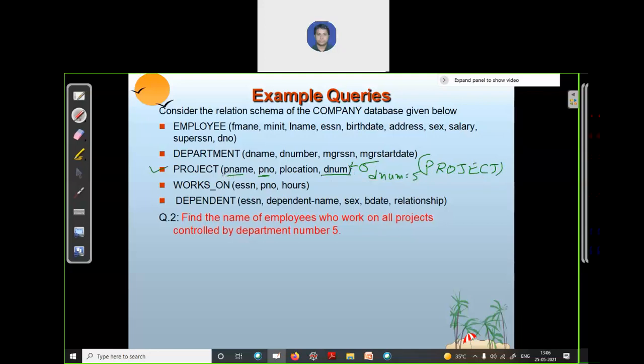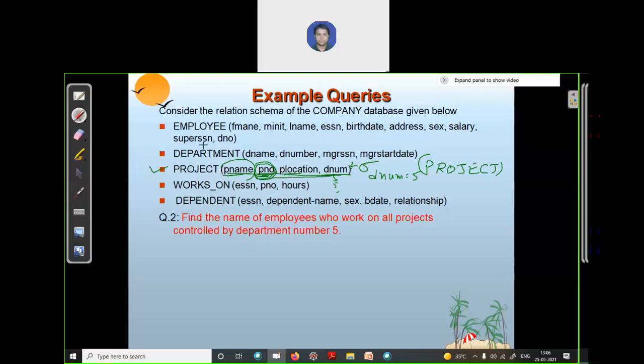In this, we have the attributes p name, p number, p location and department, all having the 5. Now we have a project number. Can we find the name of the employee using this attribute?